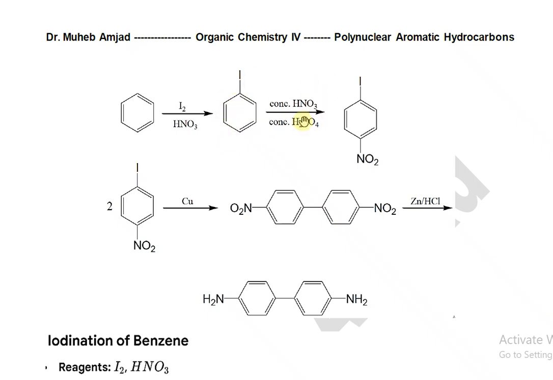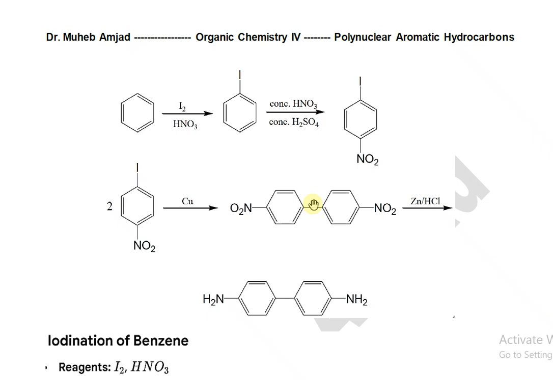This compound enters nitration to give us 4-nitro-iodobenzene, and this can be coupled with itself, two molecules of this compound, to give us